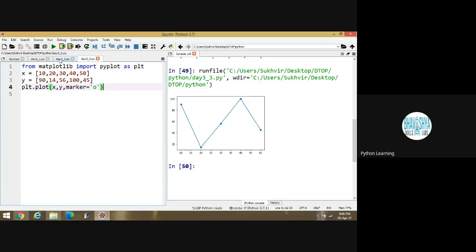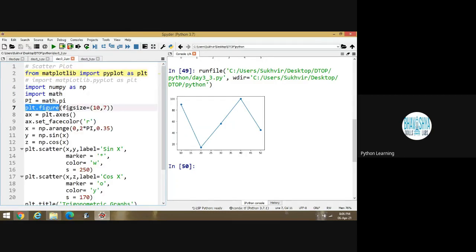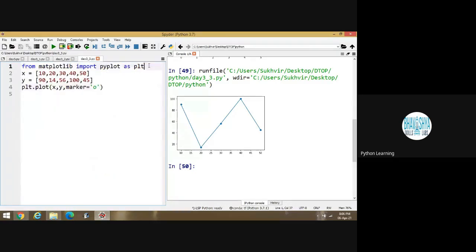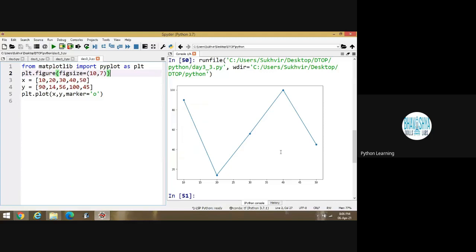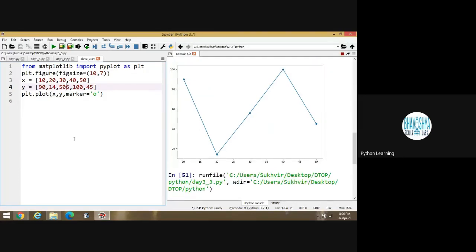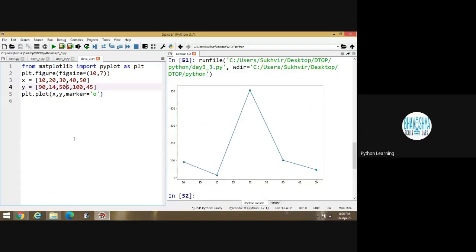And if I have to increase the size, then simply I have to write plt.figure. I have to introduce this one if I have to increase the size. Like this one. Is it okay? Yes, sir. If I am writing here some other value, 506, you can display accordingly. It automatically shifts toward that content, 506. Look at this one. It automatically increases the value from 0 to 500 because one value is 506.